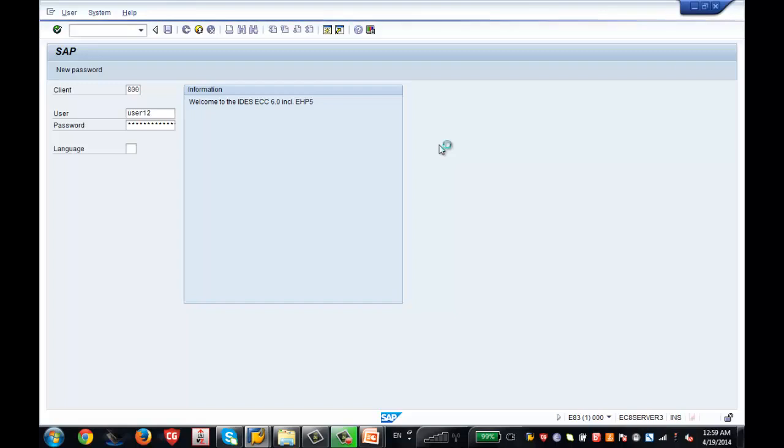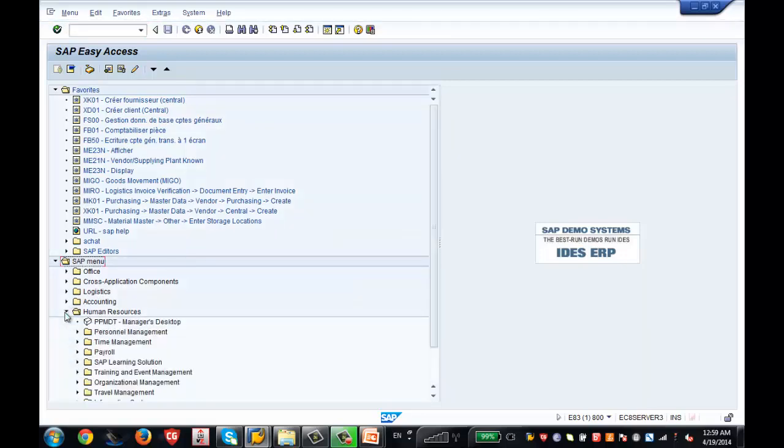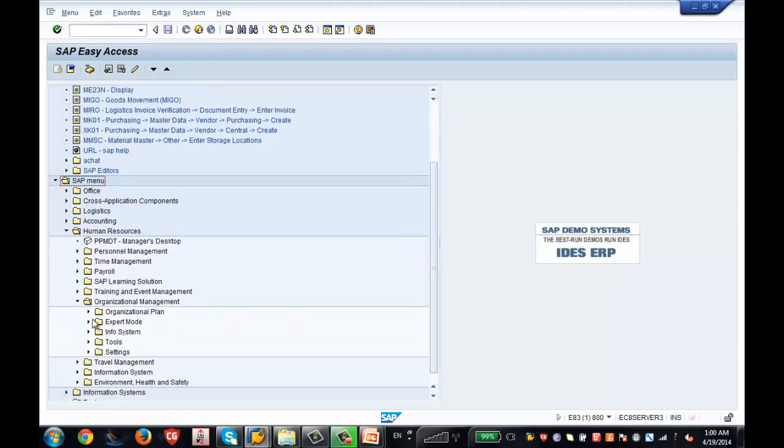Let me show you what the different info types in OM are and what the different transaction codes in OM are. Just focus on this screen, how I am navigating. Go to Human Resources here, and then you will see Organizational Management here. Expand that node, and then you will see here Expert Mode,